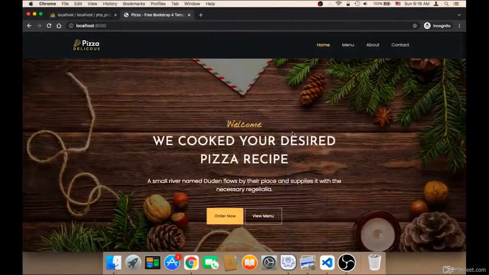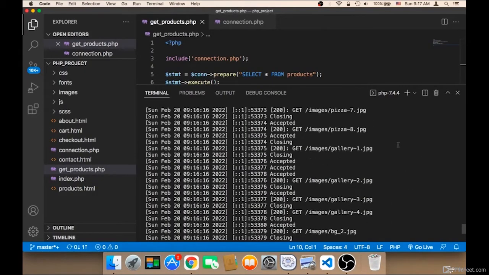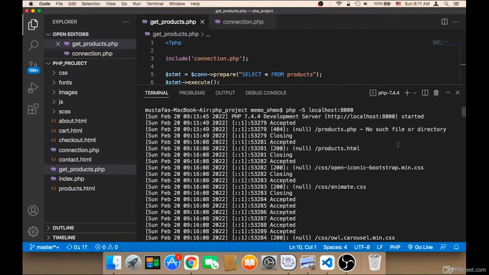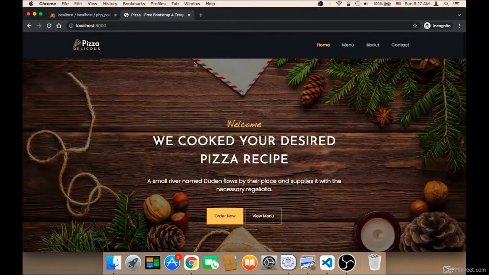Welcome back. Now what we need to do is display the products. The first step is to make sure that your server is up and running. So in order to make sure your server is up and running, you need to type PHP minus capital S, as I have shown you, and then localhost:8000 in order to run your project on this server on the localhost. And in the browser you can type localhost and then colon 8000, and it will display the